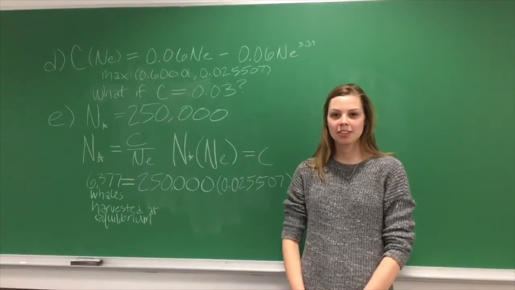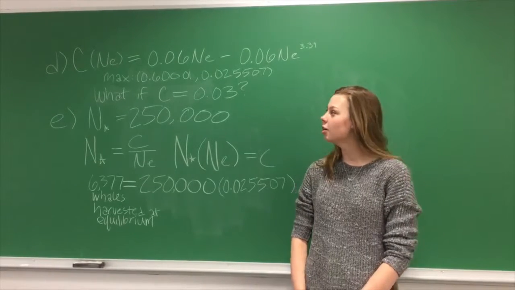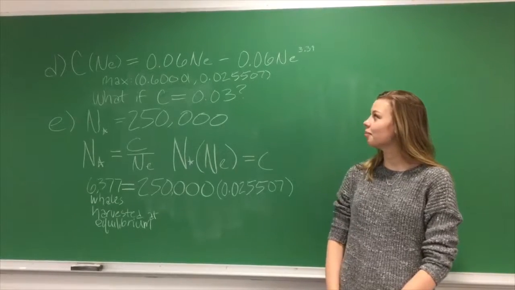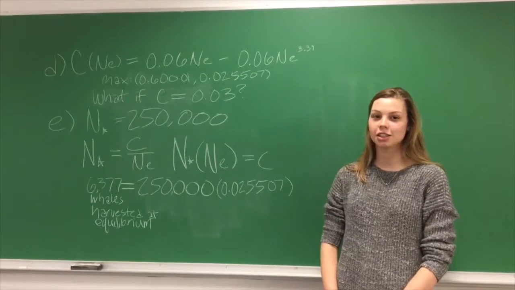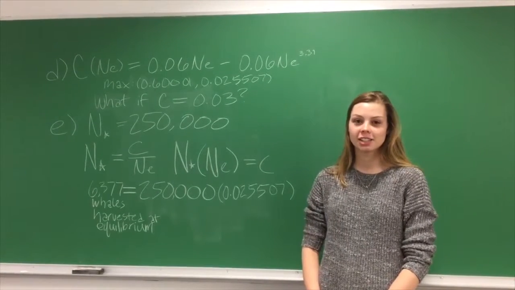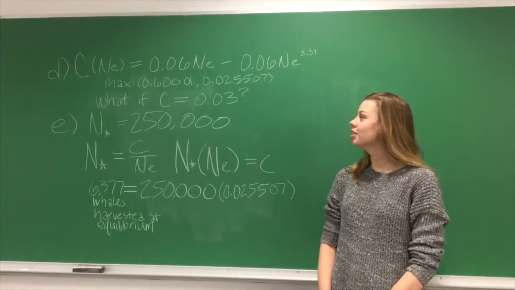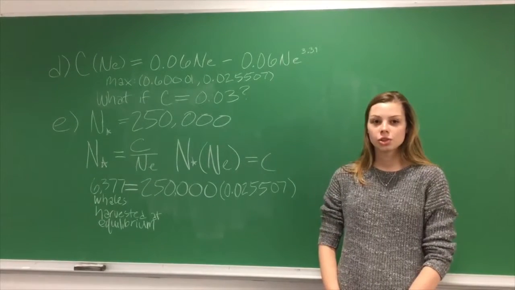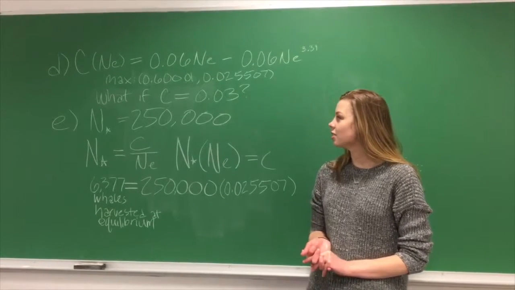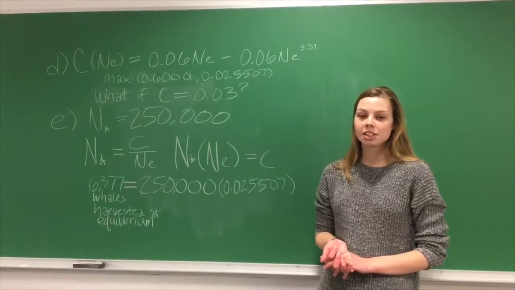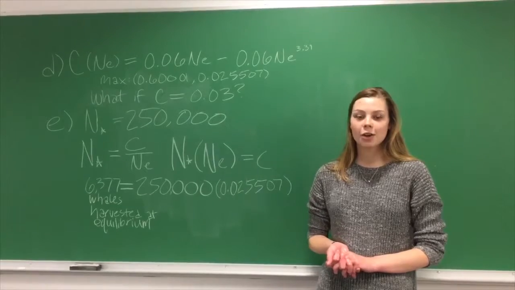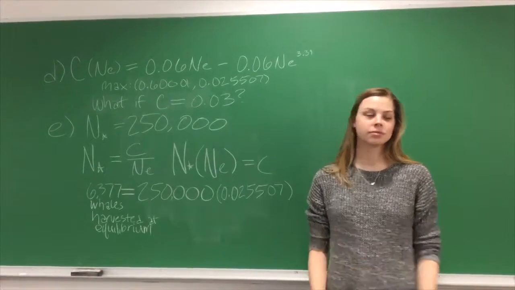After some modifications of a previous equation, we get that C of N equals 0.06 N minus 0.06 N to the 3.39. The max of that graph occurs at 0.6, 0.025507. We're asked what if C equals 0.03. Since 0.03 is greater than the C value at our max, that means that overpopulation, or